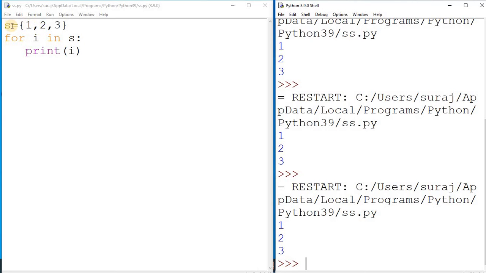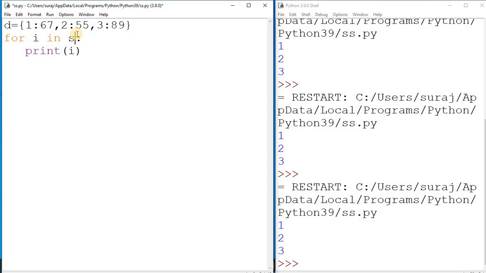And now after this I am going to have a dictionary, because you learned the dictionary also. A dictionary contains keys along with values, both separated by a colon. So here we have three keys and three values.